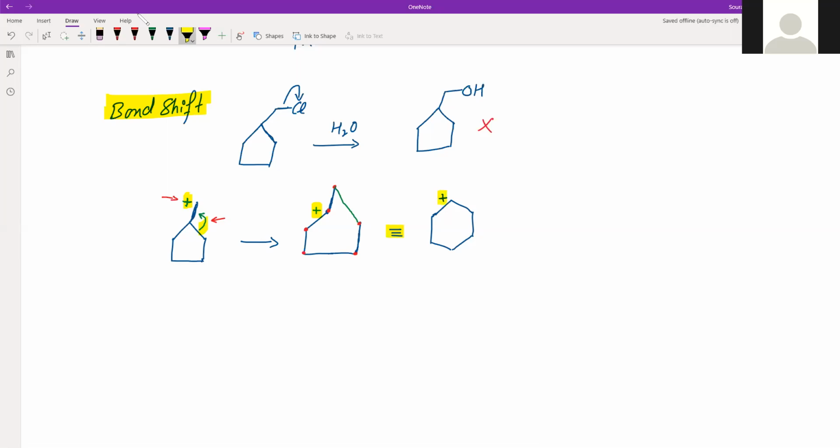So the positive charge which was, yes, see, I'll explain from the beginning itself. This is how it gets the positive charge, the first carbon, from where the chloride has gone. Now in the second step, I said that this nearby bond has electrons, and that electron can compensate this positive charge. How? By losing electrons and by forming a bond.